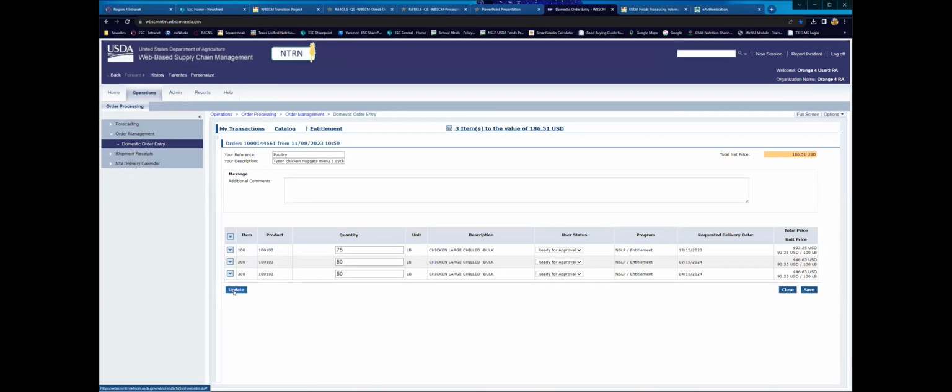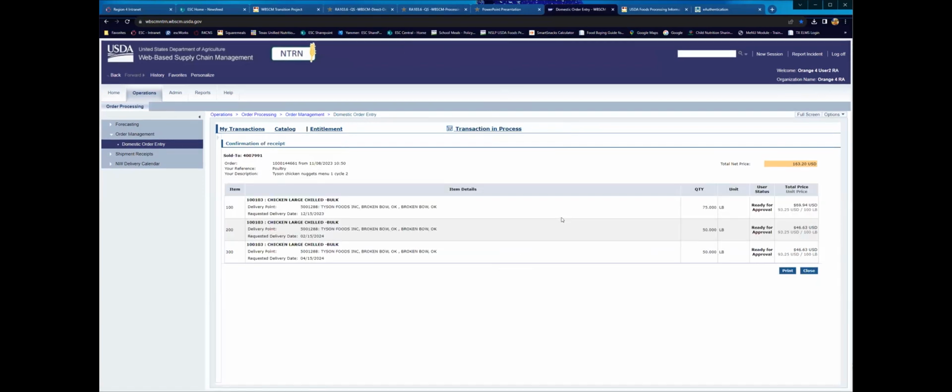Okay. Update. I have a new value, pulling my entitlement. This is based on pounds. And then when I click save, this is what sends it directly to TDA. So now they can see it. I have completed my request. It's pulled down from my entitlement. And I'm hopeful that all the truckloads will make, and then I will receive that product.